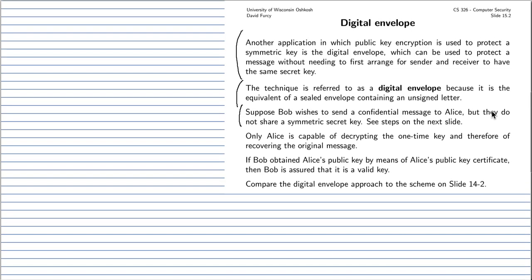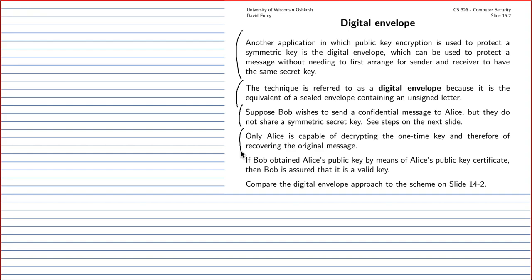So to summarize here, with this digital envelope mechanism, the sender, Bob, is pretty happy to believe that Alice, the receiver, is the only person beside himself who can read this communication, because only Alice can decrypt the symmetric key and therefore decrypt and read the message. So in that sense, we have confidentiality